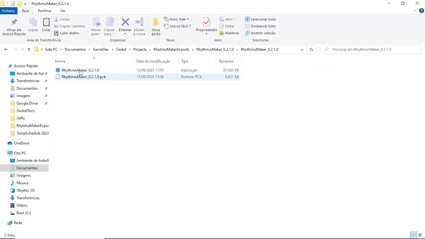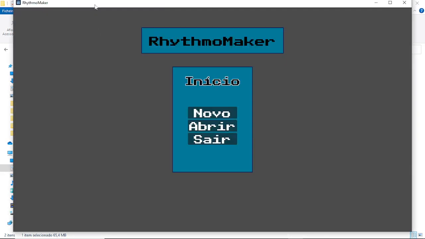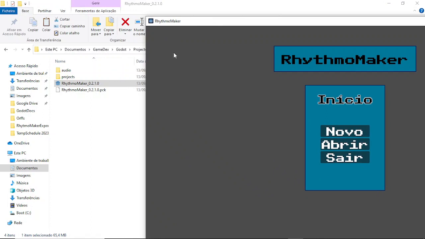and this is what we are greeted with. We have the executable there, which is what actually runs the application, and the PCK file that we will leave alone. I mean, it has to stay together with this. So I'm going to click on that, and right away you can see that it created two different files,